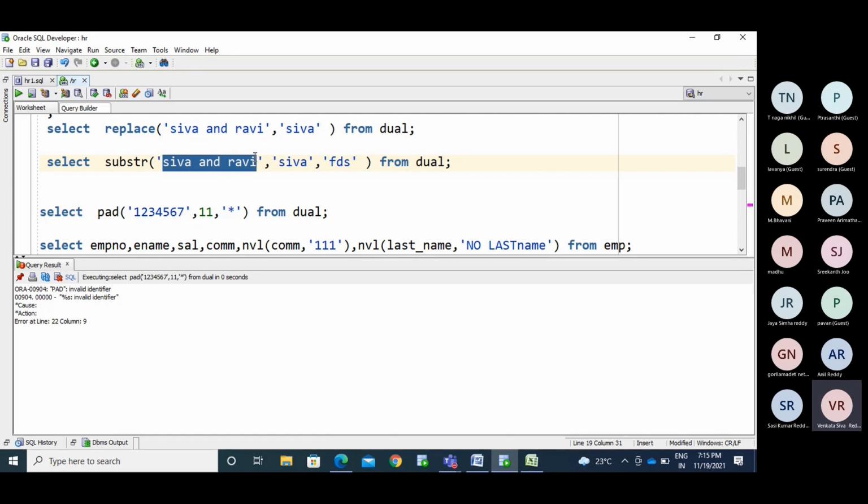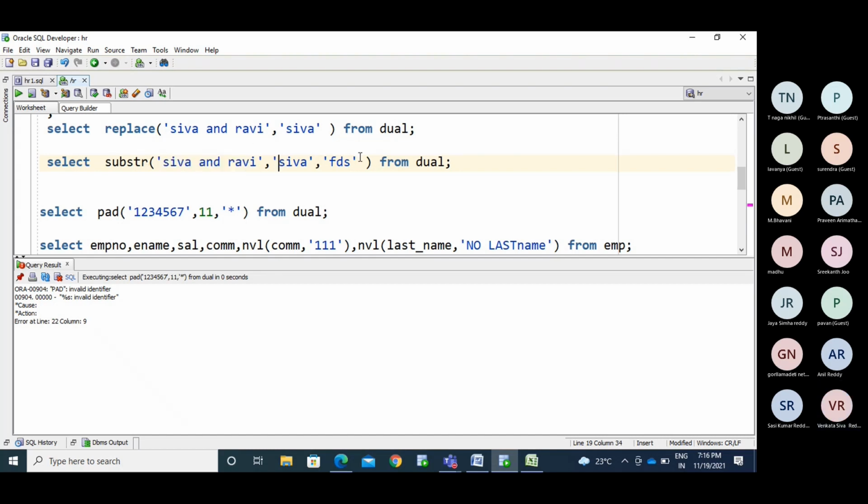If I have a 10-line sentence, I need to display the first line or the second line. If you have 10 words, I need to display the second word or the third word. If I have a string ABC123, I need to display only 123, or I need to display ABC. If you mention a position, the SUBSTR function will help with that.